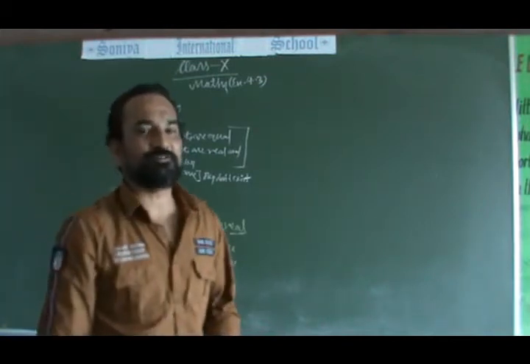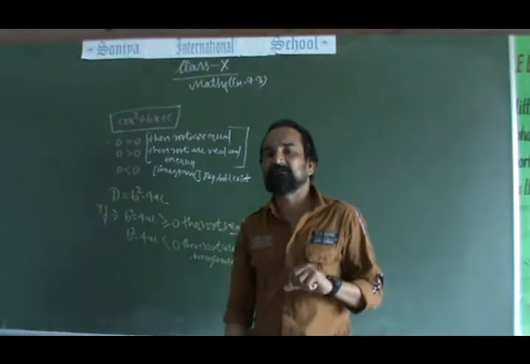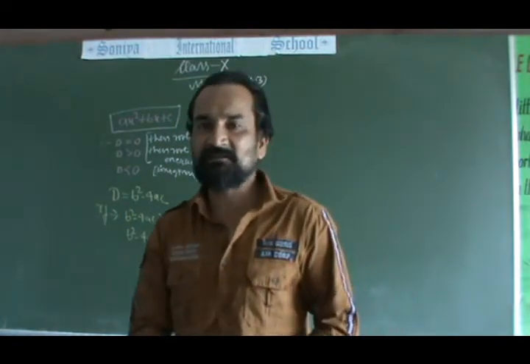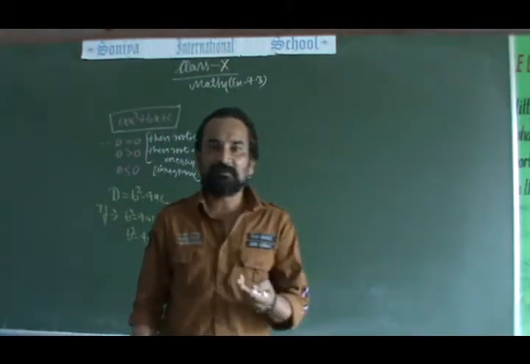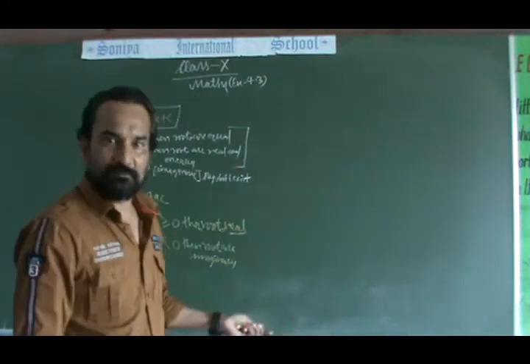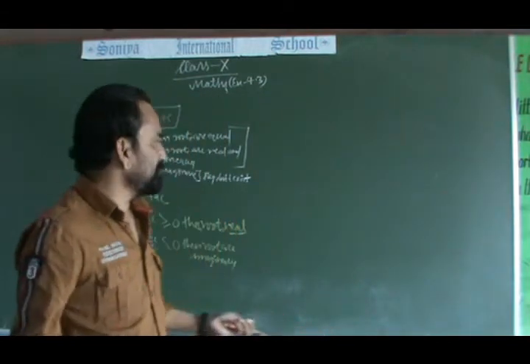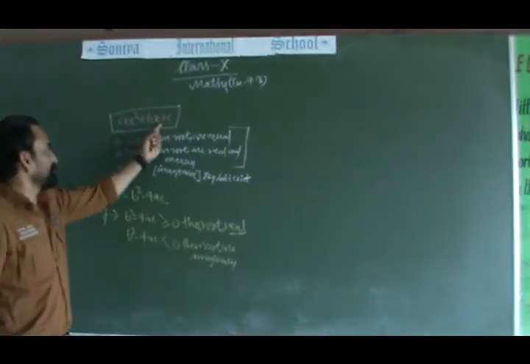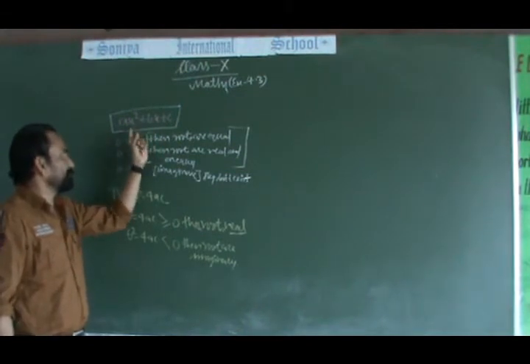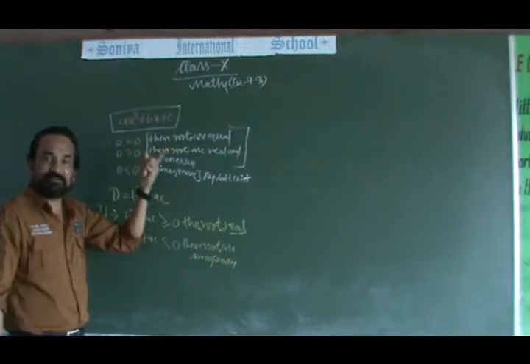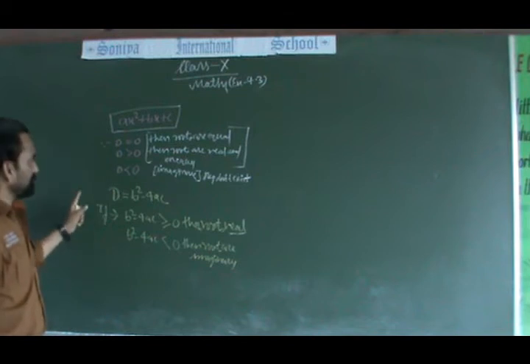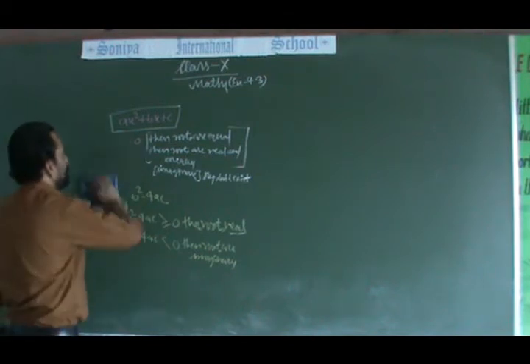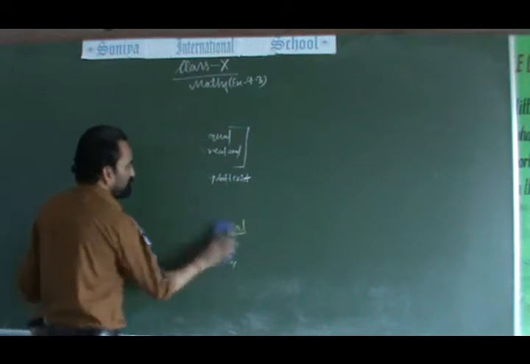So you all know what a, b and c are? a, b and c are the coefficients of x square, x, and the constant term. What is x? The variable of the given polynomial. It may be y, it may be z, whatever is given. But in the standard form, we are very fond of writing x. So don't think it is always x. It may be y here, z here, whatever the variable. So please note these things. These are very important. And after that, I am going to solve the questions for you.